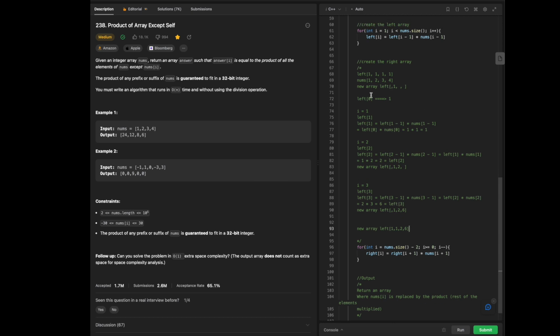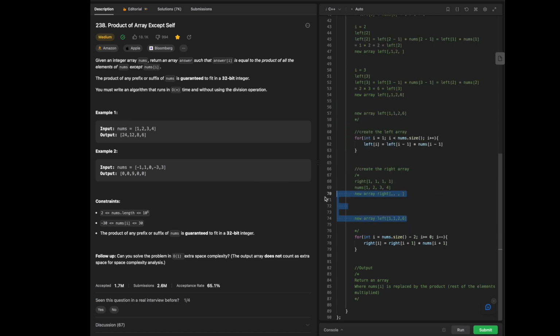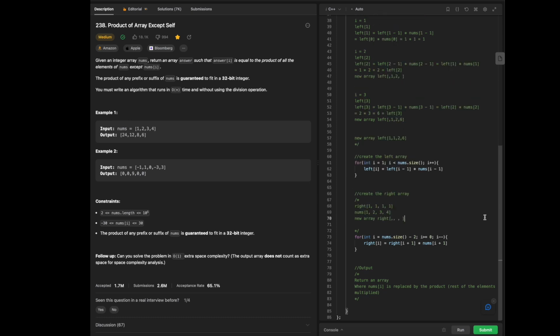It's going to be right, and we have nums. So for the new right array, to begin, I'm just going to get rid of the others, since what we are doing is focusing on the rightmost side. We will start at index 2 because of this 2 that's already right here. So index 2, just focusing on this example. So that would be i